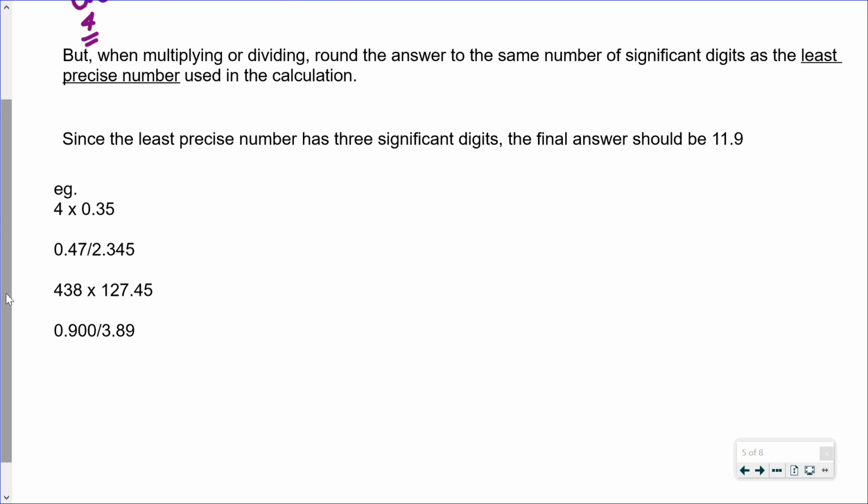Let's do a few quick calculations here. I'll need to plug some of these numbers into my calculator as well. So if we're taking 4 times 0.35, multiplication, what we end up with is 1.4. Okay, so let's take a look. With the 4, we have only 1 significant digit. With the 0.35, trailing zeros are significant, leading zeros are not. So here we have 2 significant digits. The one that is the least precise then is the 4, which means our final answer can only have 1